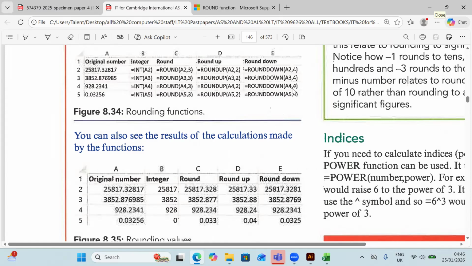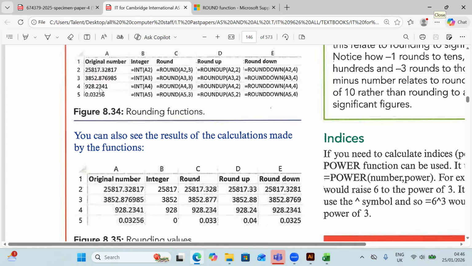Okay. Now round down. Round down, it's just going to move the number of decimal places you want and does not do anything, right? It's just going to extract the number of decimal places you want, right? And does nothing. So for this one, we are saying round down to 4 decimal places. So we are saying 1, 2, 3, 4. We end there, we extract it as it is. So the answer will be 3281. This one, 4 decimal places, 1, 2, 3, 4. So we extract as it is, 8769. We have ended there. So after the comma, we should have our 8769,